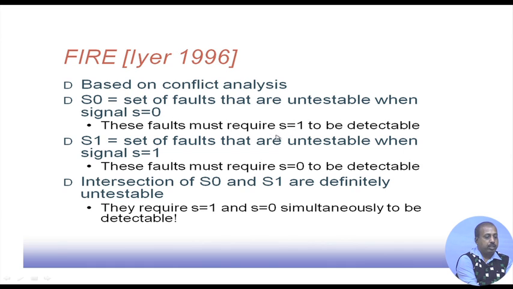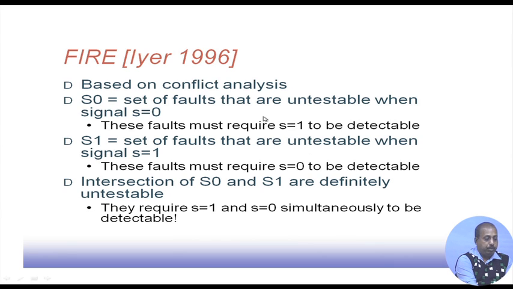So, these faults must require S equal to 1 to be detectable. Similarly, S1 is the set of faults that are untestable when signal line S is equal to 1, and these faults will require that S equal to 0 value must be coming for the fault to be detected. Now, if there are some faults which are common in both of these sets S0 and S1,